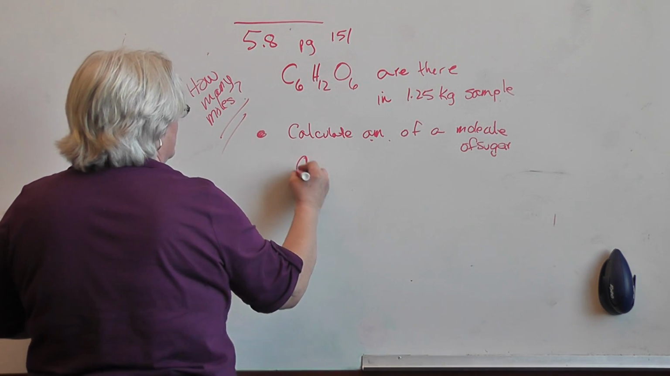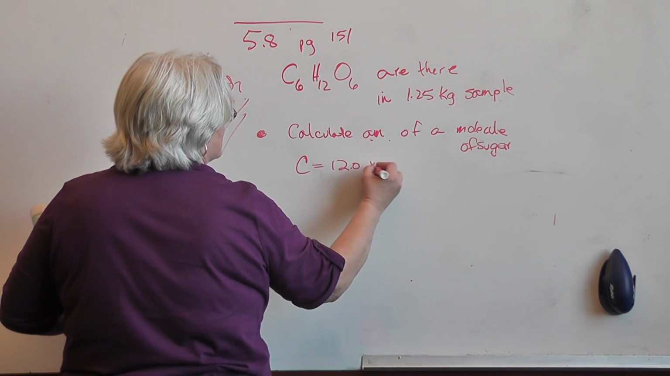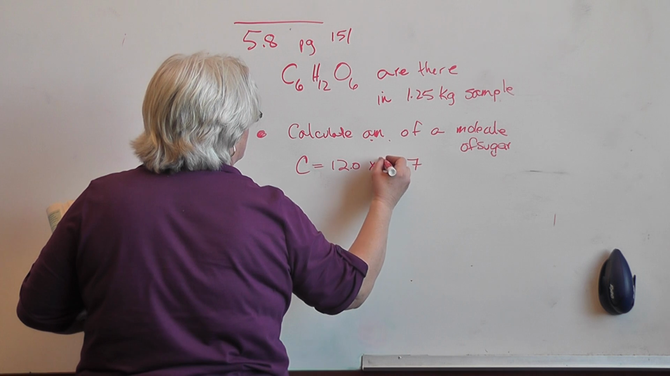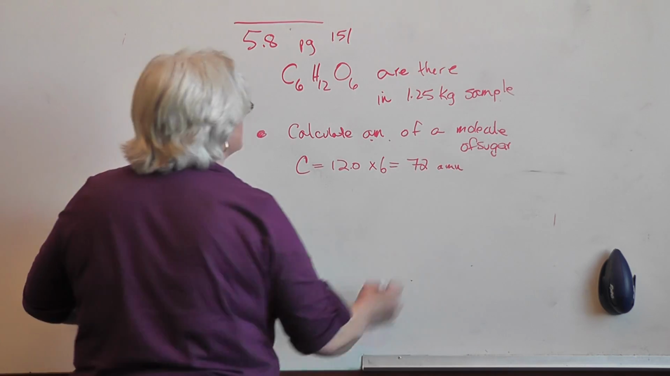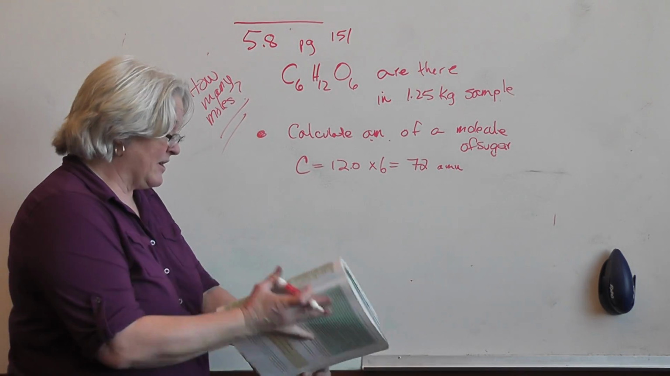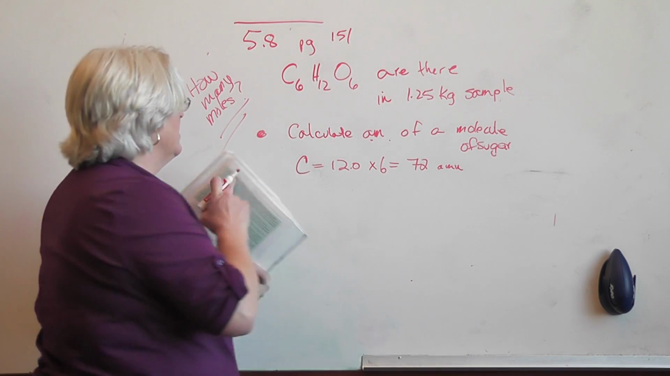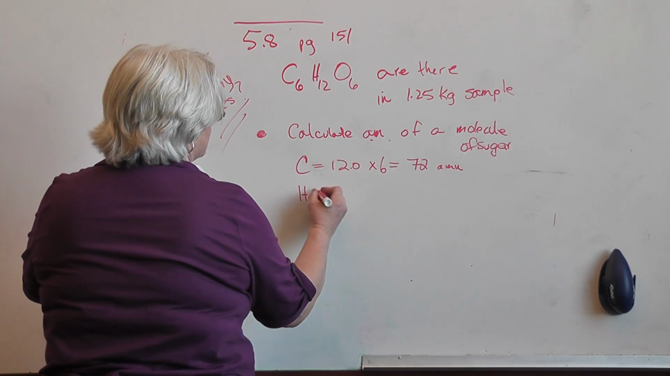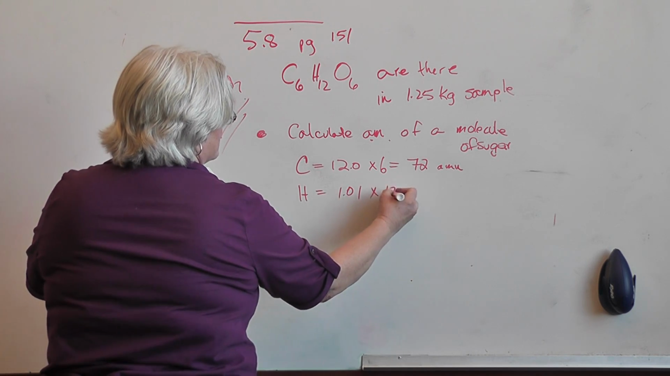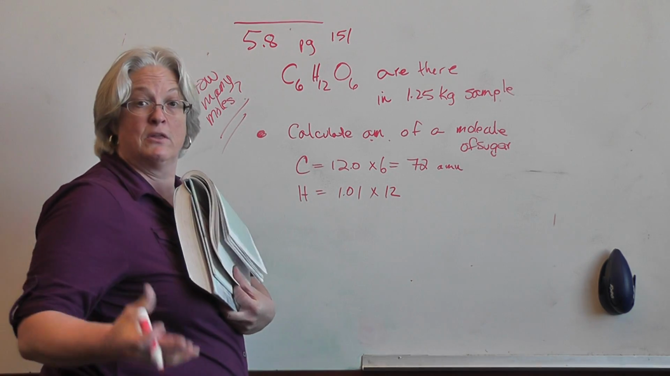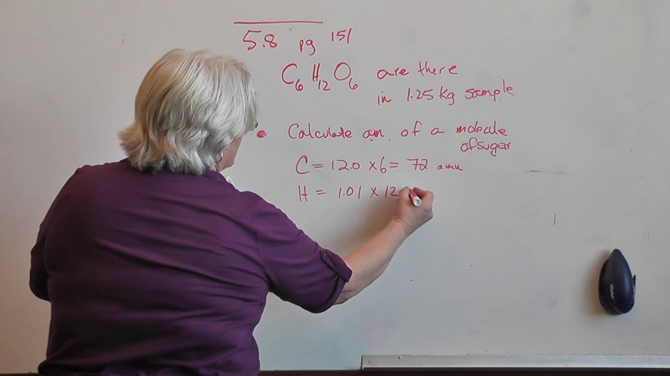So we have carbon, which has an atomic mass of 12.0, times 6, is equal to 72 atomic mass units. What's our mass of hydrogen? Look at our chart. If you haven't already learned that the atomic mass of hydrogen is 1.01, you will very shortly. How many atoms of hydrogen are there? There are 12 atoms of hydrogen. 12 times 1.01 is